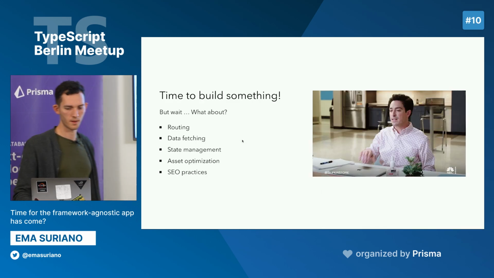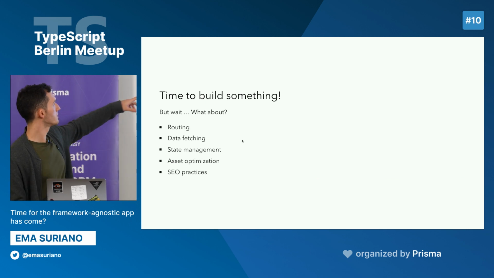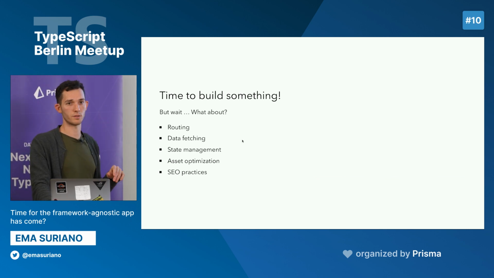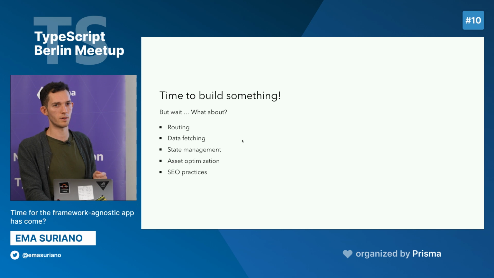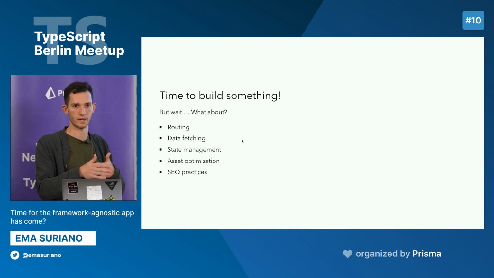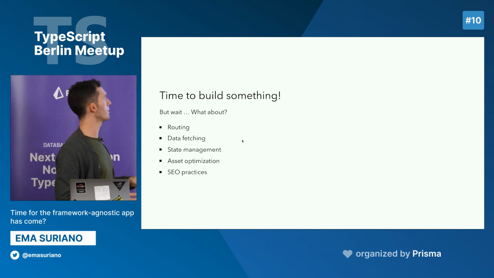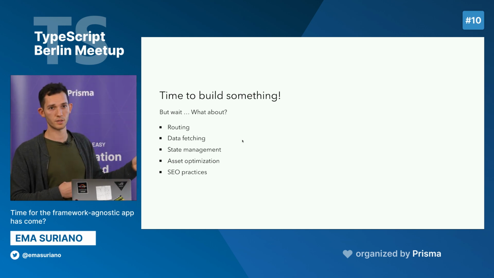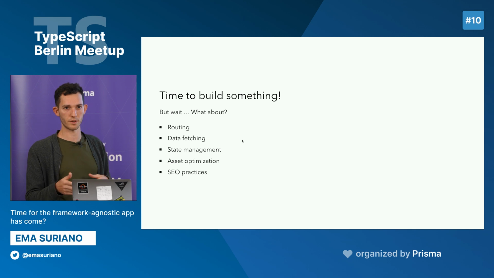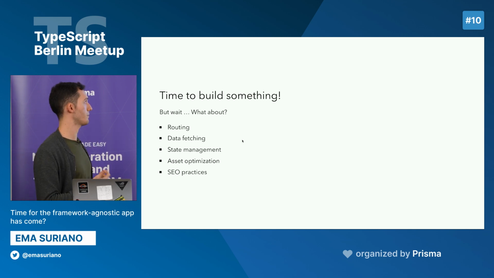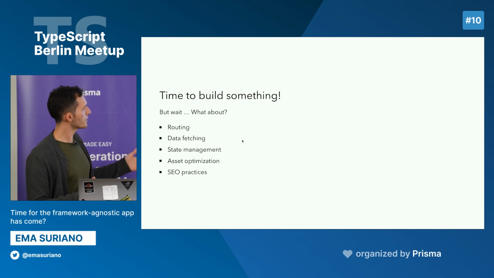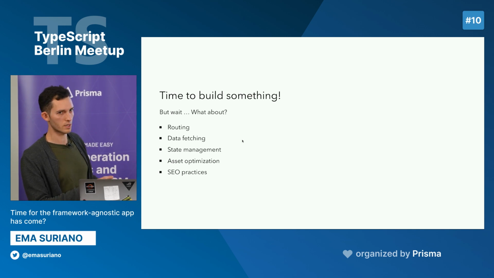So basically all these things, if you think about it, Astro provides you with routing. The routing is very similar to what Next is doing with the file-based routing. I didn't explain that because otherwise it's going to be too long. It also provides you with data fetching, with this kind of async await fetch, which I personally really like. The state management, well, we cover it with NanoStore, so it's kind of solved.